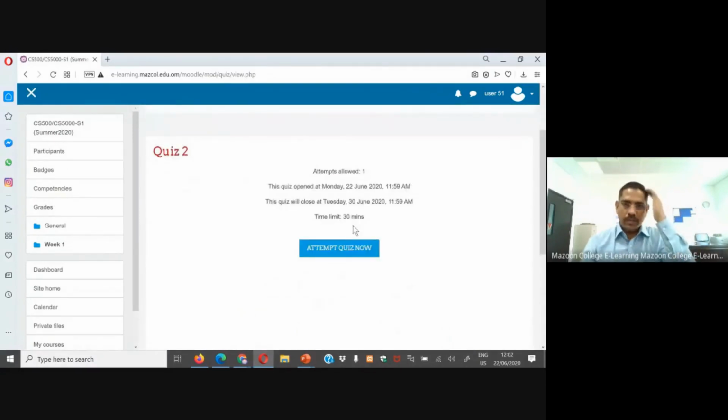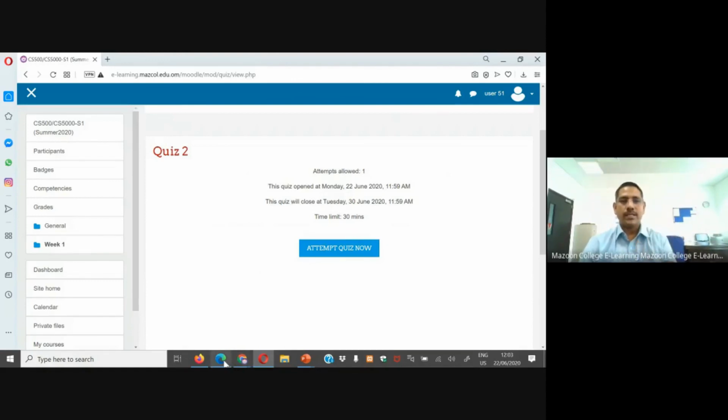So for the settings, let us take the example. This third student is a weak student. For this student only, we are going to extend the time to 45 minutes to take the exam, and for the rest of them 30 minutes. For this student only, we are going to permit 45 minutes to take the exam.